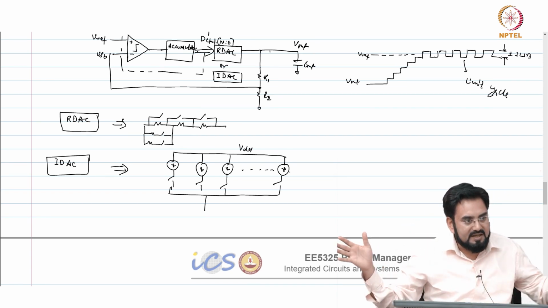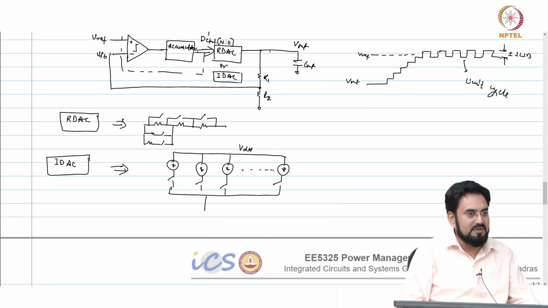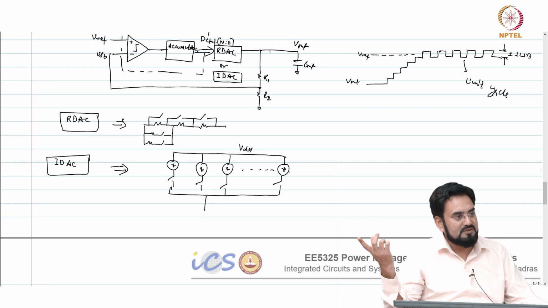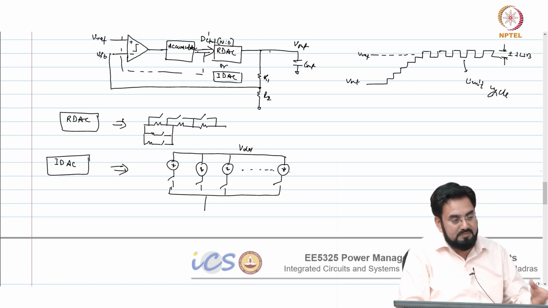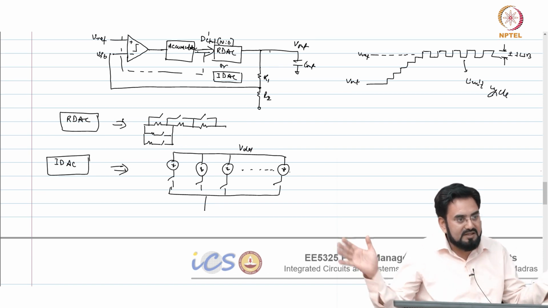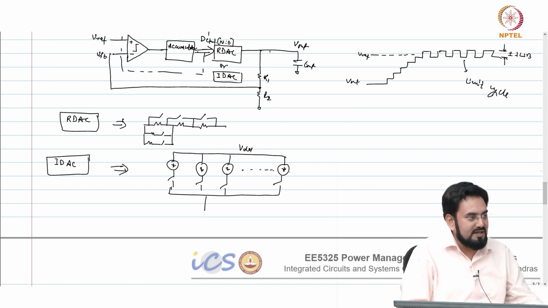So, if your load range is wider, you may require a much higher accuracy here. Your number of bits may be larger, because I have to start with the lightest load and also cover the maximum load. So, let us say your step size at lightest load is 10 microamp, and you are looking for roughly about 1% kind of accuracy. So, at 10 microamp you are looking at a 10 bit kind of accuracy, okay, which means when all the currents are on, you will be supplying 10 microamp current.